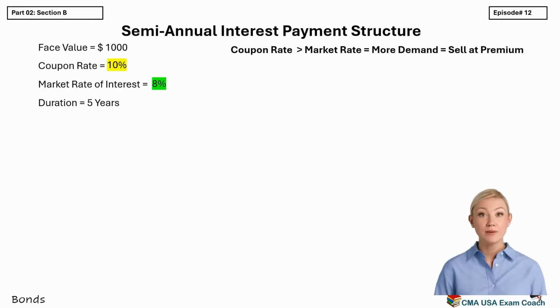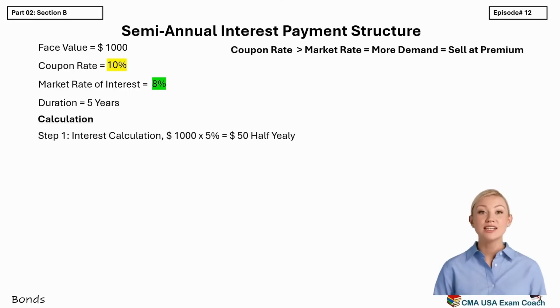Now let's take the same premium bond example, but with a semi-annual interest payment structure. This is a common setup for many bonds, so it's important to understand how the calculation changes. We are given a face value of $1,000. The coupon rate is 10% annually, but since payments are made semi-annually, we divide that by 2. So, each period's interest will be 5% of $1,000, which gives us $50 every 6 months. Now, the bond has a 5-year duration, and because it pays interest semi-annually, that means there are 10 periods in